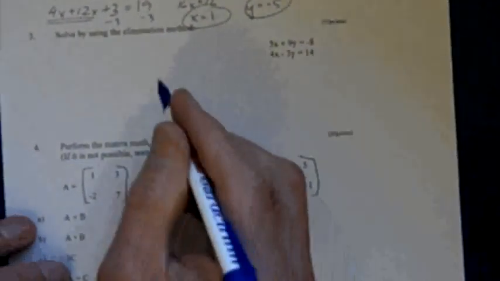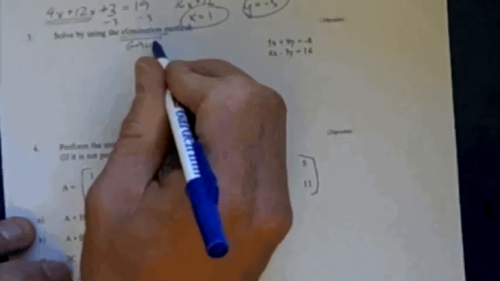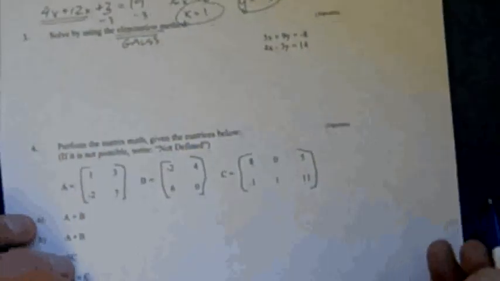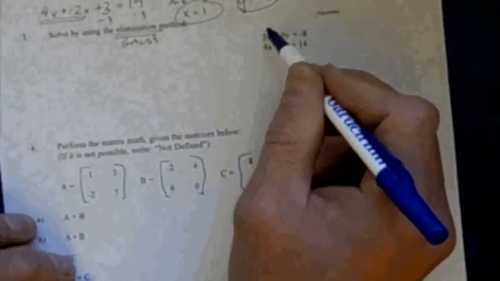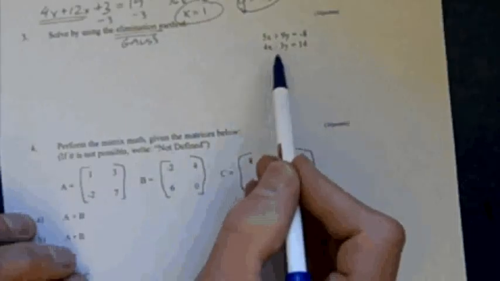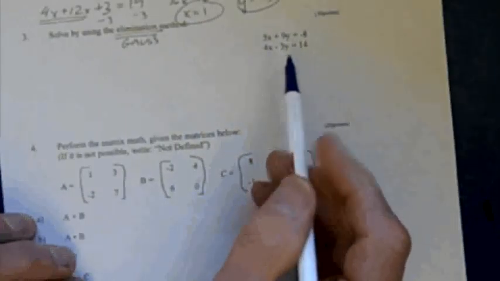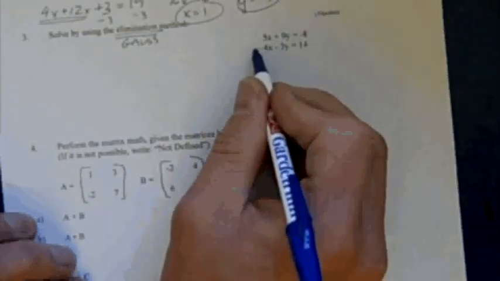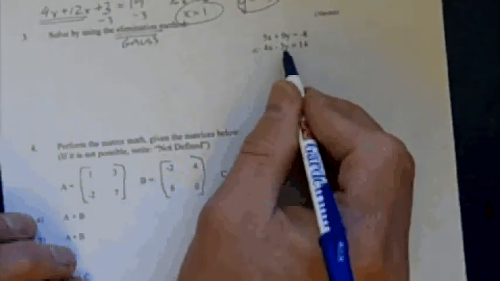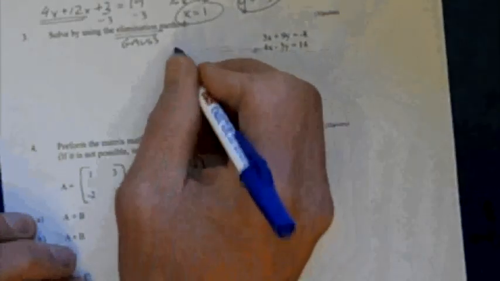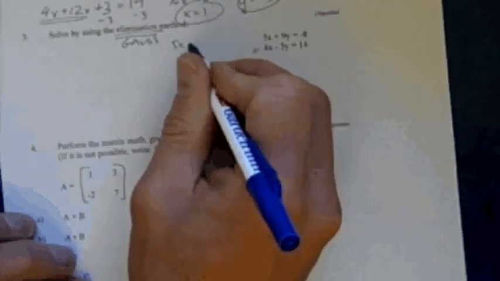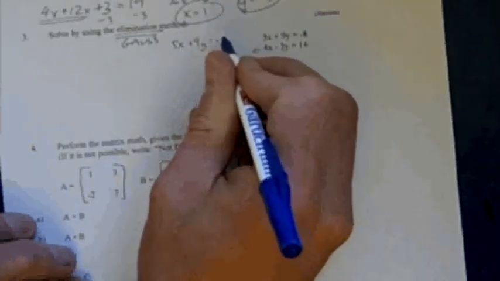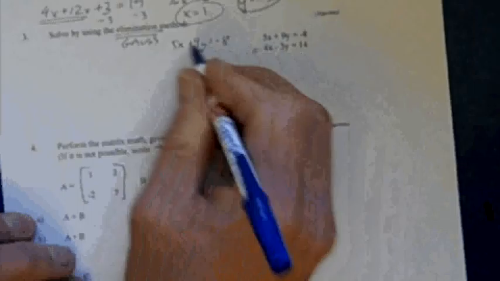Okay, now I'm going to solve the next one by the elimination method. That's called Gaussian elimination. You might want to know a little bit of history trivia there. To do this, I want these to cancel somehow vertically. Looking at this, I could get the x's to cancel, but it's much easier to get the y's to cancel because all I have to do is multiply this by 3, and I'll get a positive 9 canceling with my minus 9. So I'm going to recopy 5x plus 9y equals negative 8,